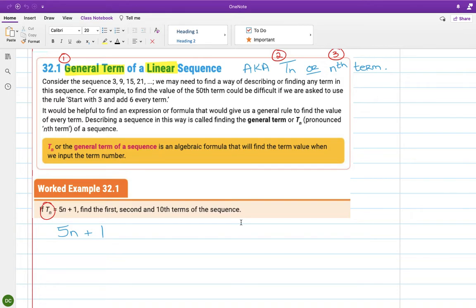So what that means is you take a number, n can be any number, so it's like a wild card. n can represent anything. n can represent the number 2, or it could represent the number 202. Any number. And what you're going to do then is take that number and